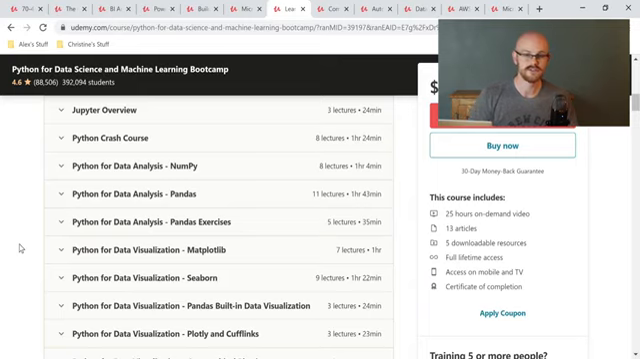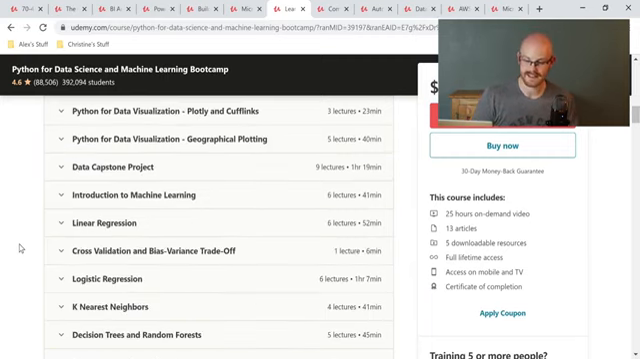Then you're going to go into a few specific skills: NumPy, Pandas, Matplotlib, and Seaborn. All of these skills are extremely important to know. I use a lot of these in my actual job, and so I know how important they can actually be. I use Pandas a lot, and that is one of the things that I tell people to learn first when they're actually learning Python. Then you're going to learn Plotly and cufflinks and geographical plotting before you get to the